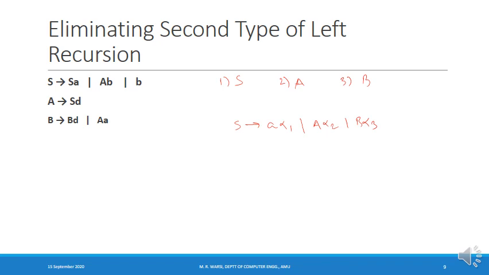So these are the only possibility. The point is, when I pick up the variable capital S for processing, after the productions of the variable capital S have been processed, their right hand side can either begin from a terminal symbol, or it can begin from the variables which are later in the order, that is capital A and capital B. So after processing productions of the variable capital S, they can either begin from terminal symbol small a, or it can begin from the variable capital A or capital B.